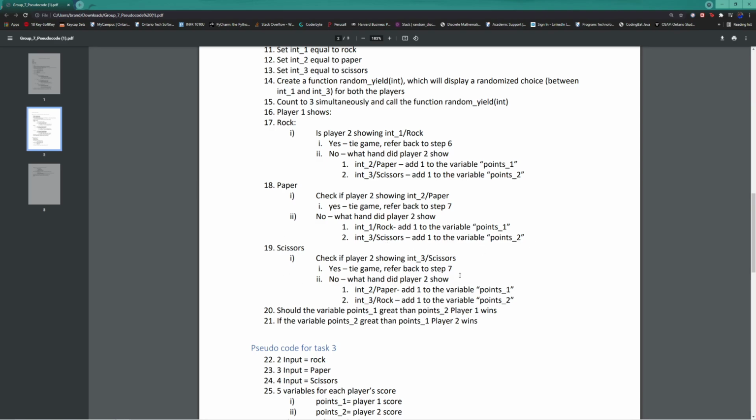Now the final scenario in terms of task 2, which would be if player 1 was to show scissors. If player 1 was to show scissors and player 2 was to show scissors, it would be once again a tie game, and we refer back to step 7, which would be to start the game over again. If player 1 was to show scissors and player 2 was to show integer 2, which would be paper, we add 1 to variable points 1. And if player 1 was to show scissors and player 2 was to show integer 3, we add 1